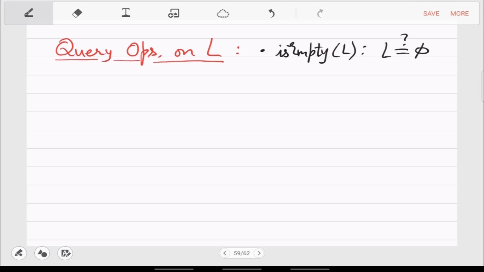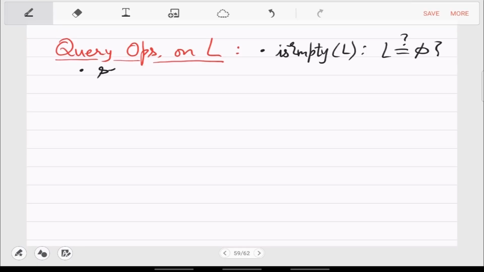So is it empty? Right. So when this function is called, we are not talking about how this function is implemented. That is left to you and your programming. But the modeling just says that I want the existence of this function, which when called on an instance of the list, tells me the output will be yes or no. So yes if and only if the list has no element, it's empty.